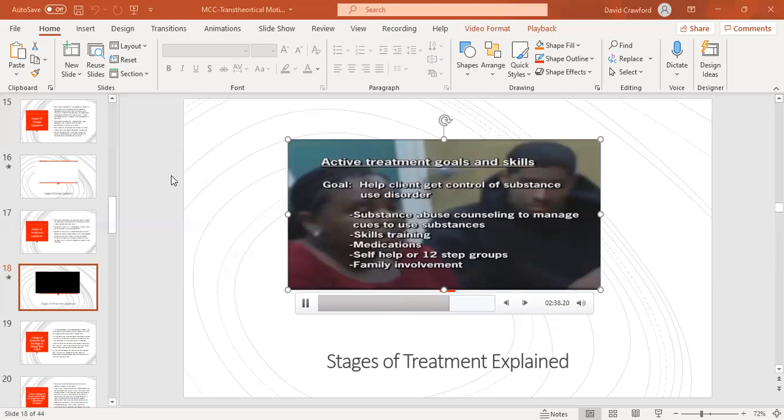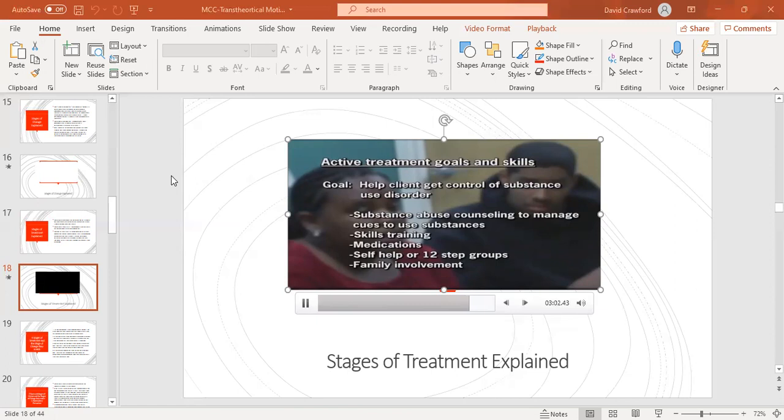Clinicians teach clients the skills to manage cues or triggers to use without using. We will discuss these skills and show you examples of clinicians doing substance abuse counseling. Medications to treat the substance use disorder can be helpful in this stage, as can self-help groups and family involvement. You can read about these forms of help in your workbook and in the other references listed in the back